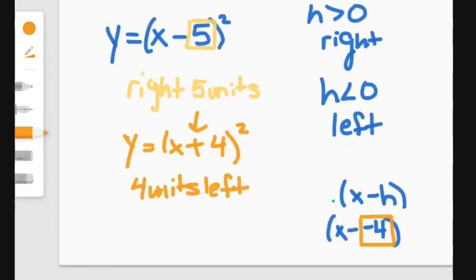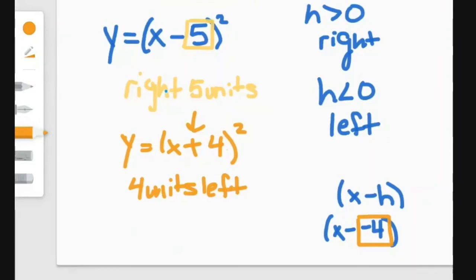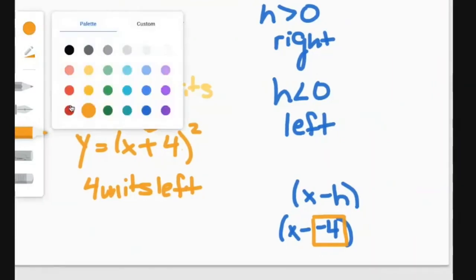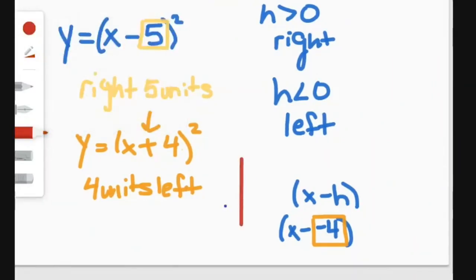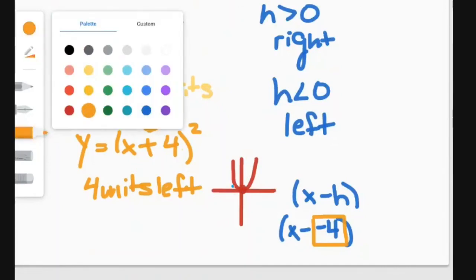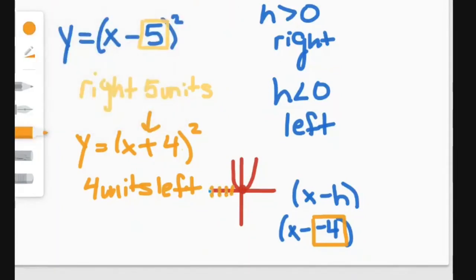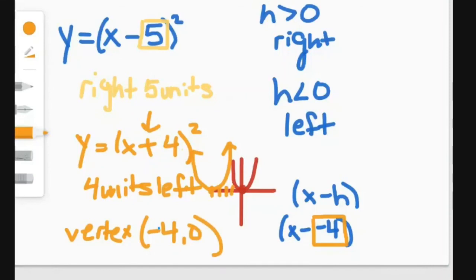If I graph that, my regular parabola is at the origin. I would move 1, 2, 3, 4 to the left. My vertex would be negative 4, 0. Again, it's a negative 4 because we moved to the left, and we saw here it's really a negative